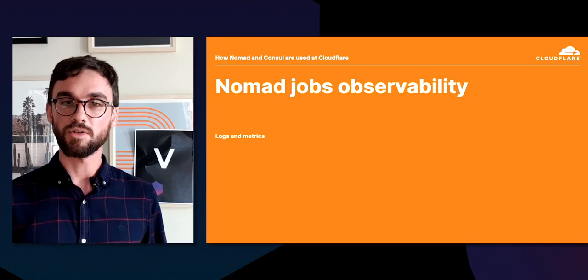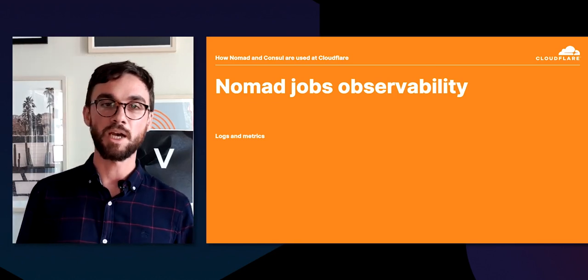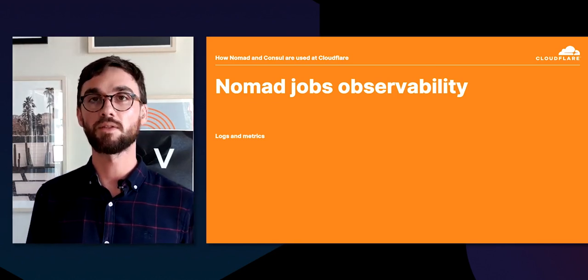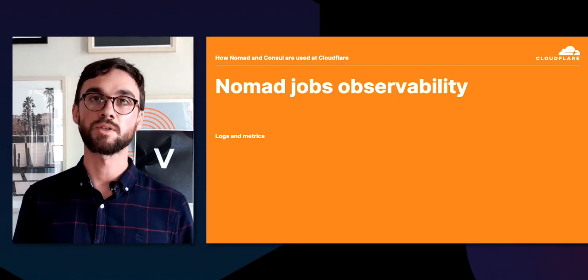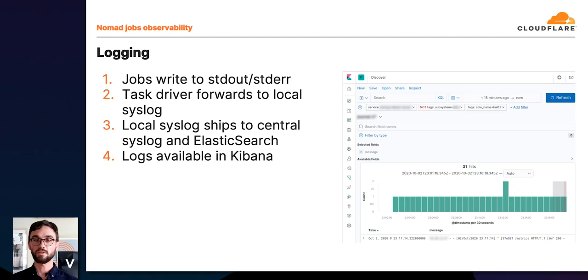deployment workflow. So now we have our jobs deployed on top of Nomad. So the next thing we want to have is good observability on those jobs. So when jobs are being deployed to Nomad,